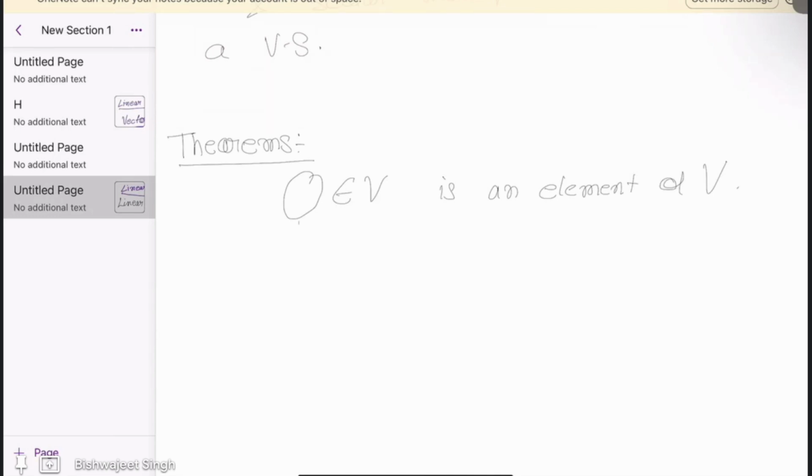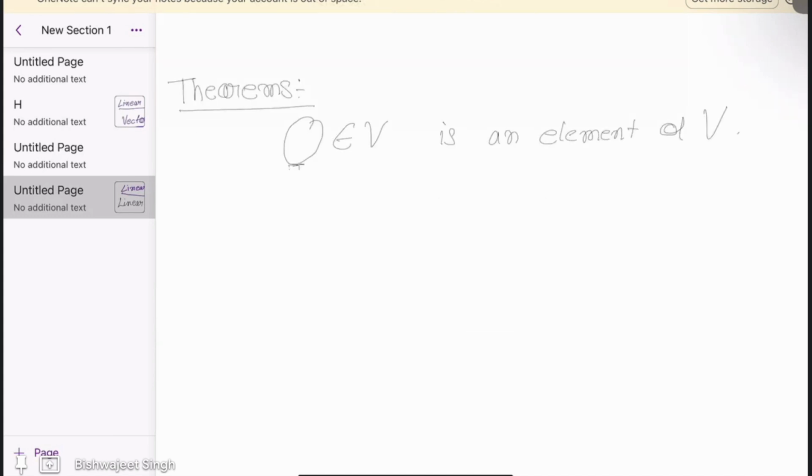We just saw that this 0 in the previous example was a function. In the matrix example it is going to be a 0 matrix. In the Rn example it was a vector whose all entries were 0. So this 0 actually depends on V,